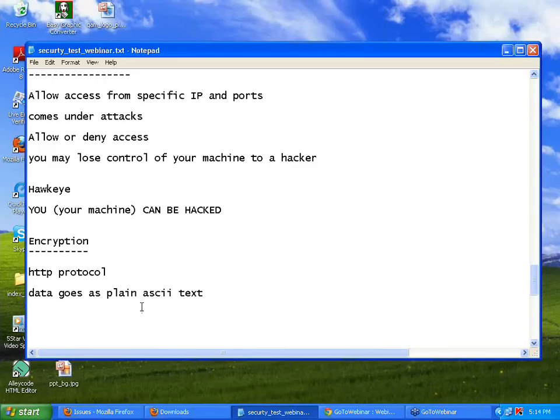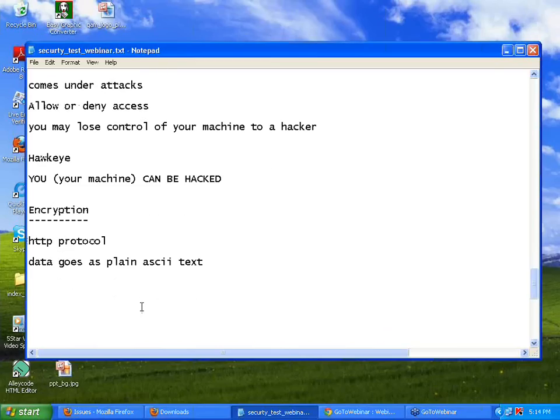Encryption. Again, HTTP protocol simply takes the data, goes as plain ASCII text. But take a credit card interface, and you are giving your credit card number, the 3-digit code, your address, everything, and it goes, and then you are giving a password also, right?